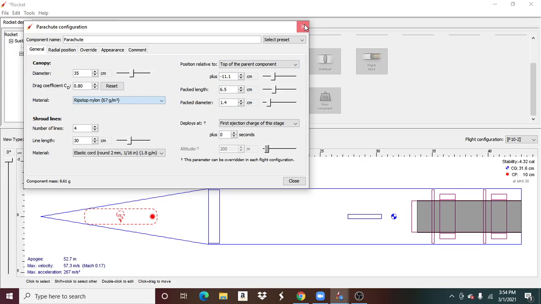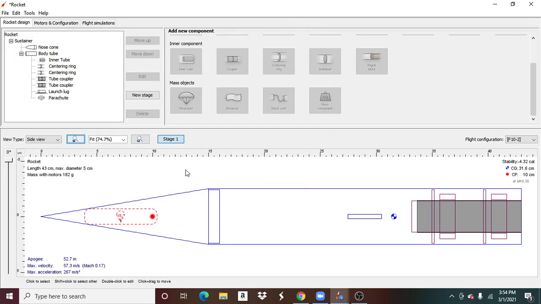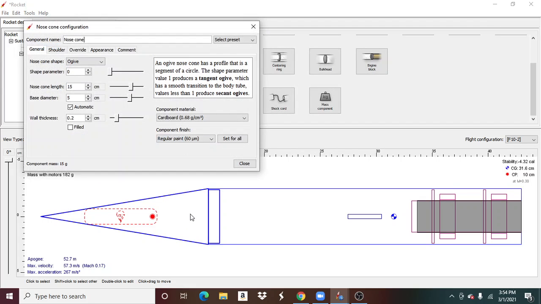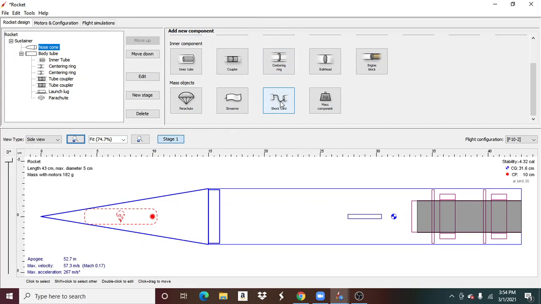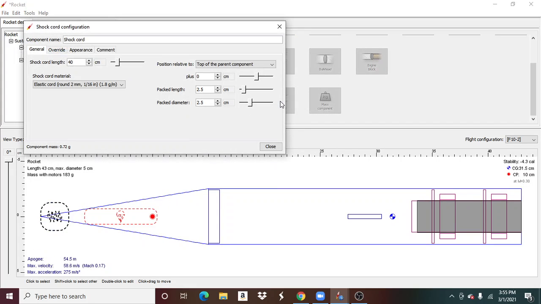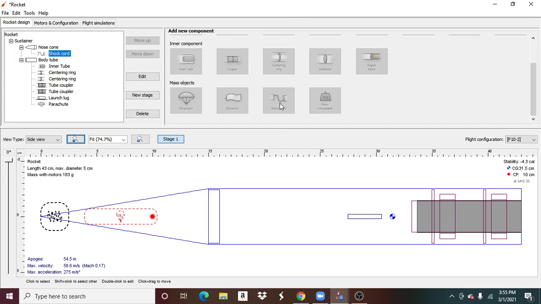Basically everything seems good, but you don't just need the parachute. You also need a shock cord. And what this shock cord is, basically, I'll show you. This is a diagram right here. This part right here is